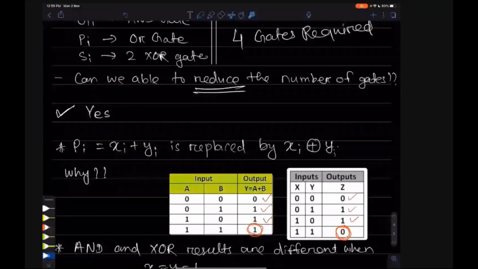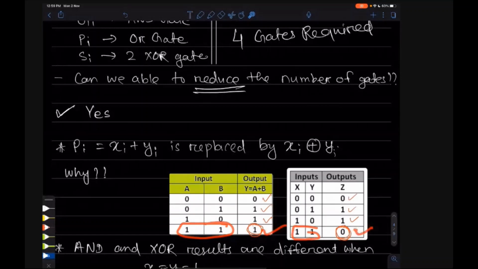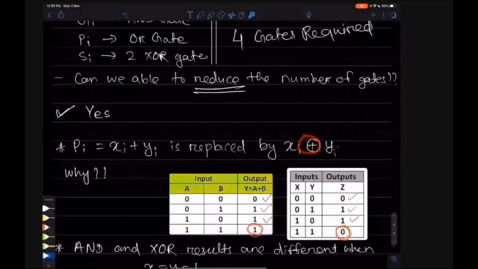Whenever it is 1 1, the two outputs are different. So can we replace the OR gate with an XOR gate? Still we can replace. Why?